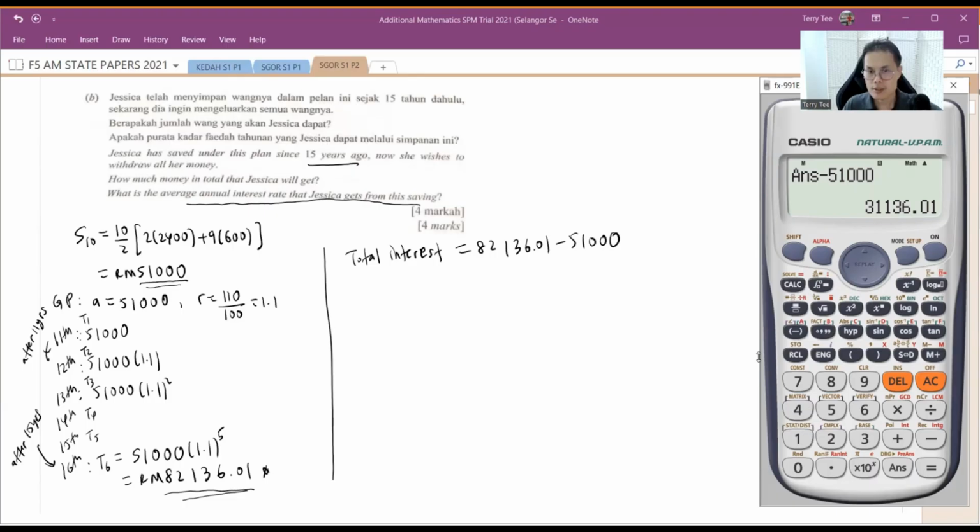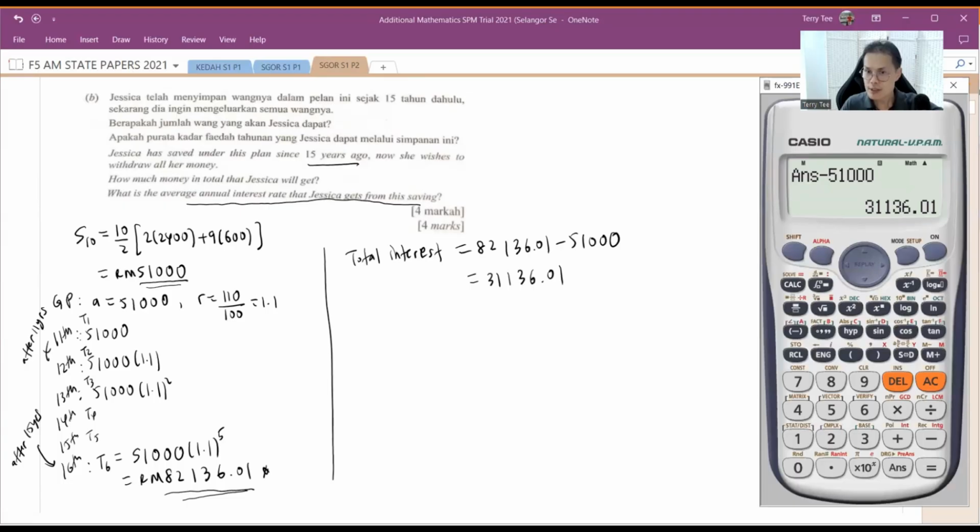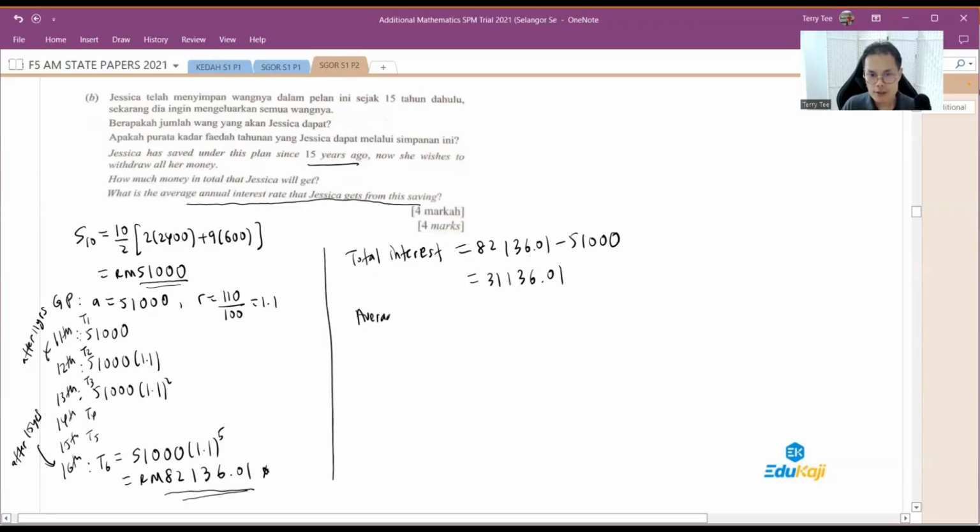31,136, right? So this is 31,136.01. Okay, so this interest is for the whole duration. So to calculate the average interest, they just take this amount, divide